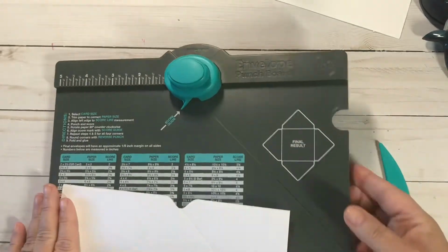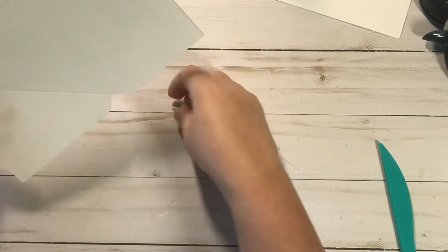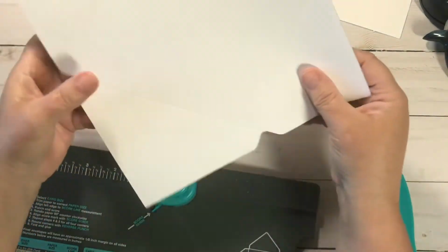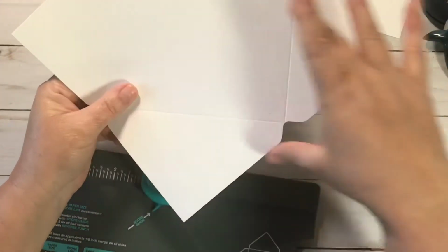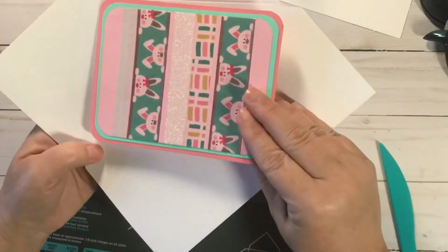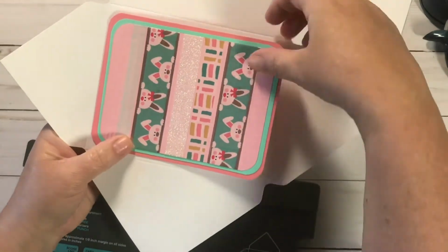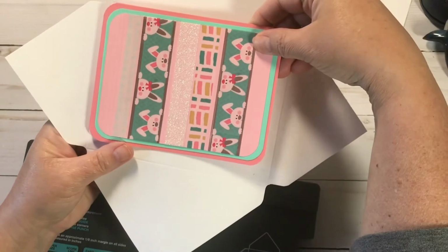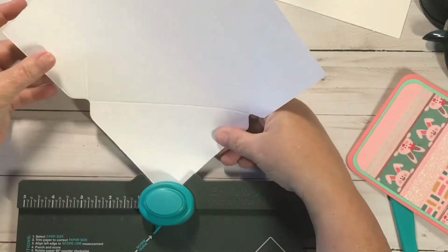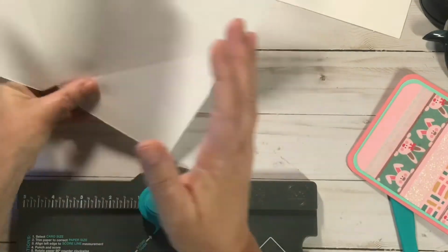Okay, now you are going to corner around. I shouldn't have taken my punch board away. I should have left it. You're just going to corner around, like I'm going to fold mine because I want my card to go in, you know, like this here. So I'm going to corner punch that, just that one,